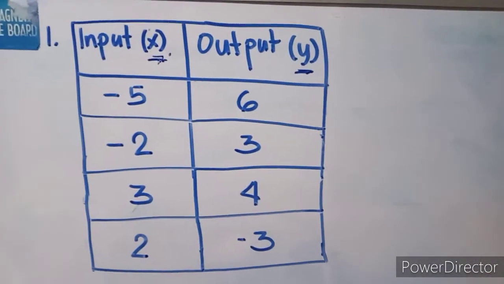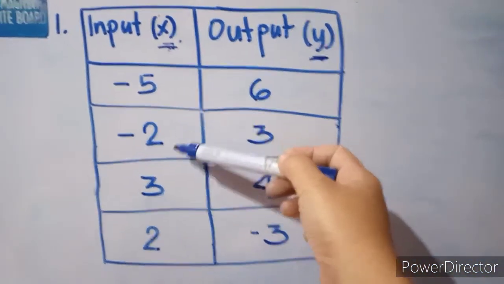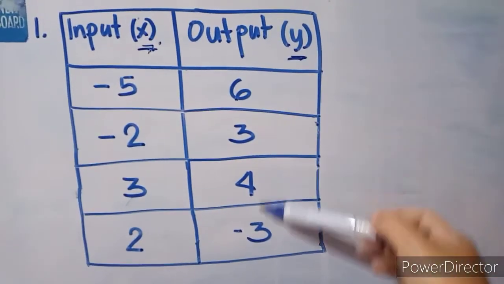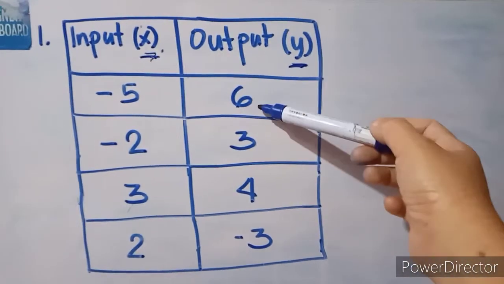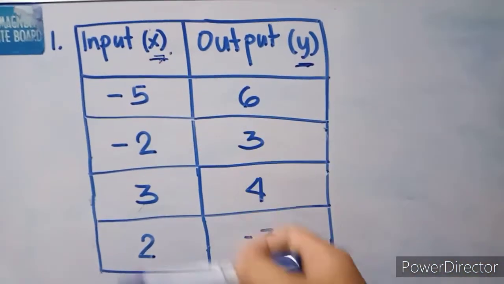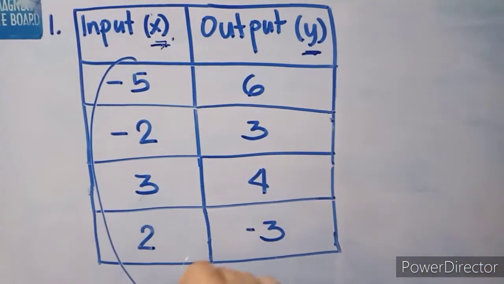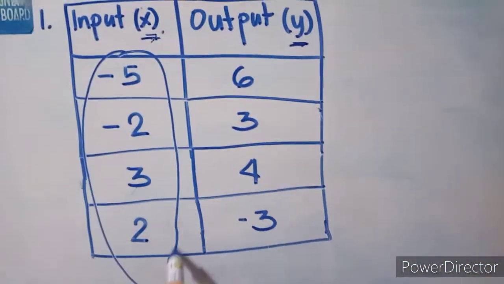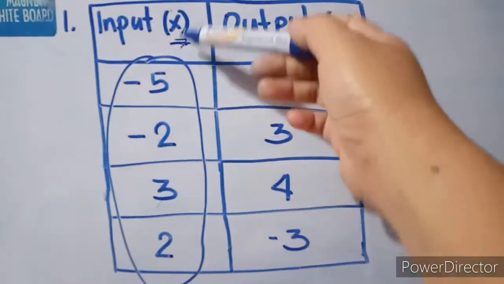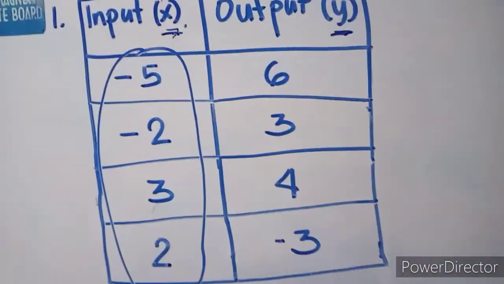The first elements in our input, we have -5, -2, 3, and +2. And the second elements, these are our y values. We have 6, 3, 4, and -3. So how are we going to identify if it is a function or not? Just look at the first set of elements, all the x values. Our input here is what we call the x values. So to identify,